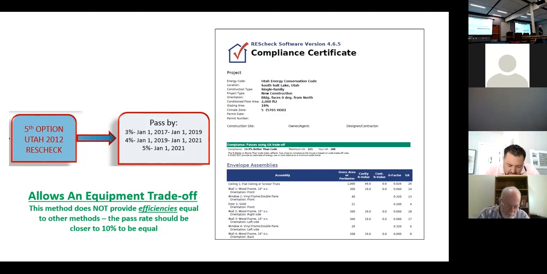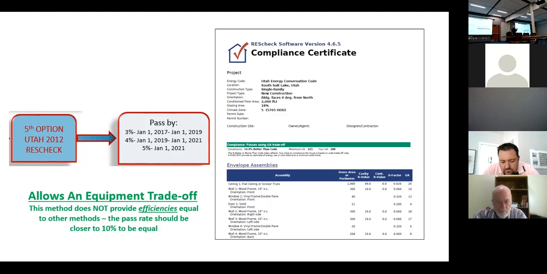Yeah, it was, you had to do your own UA calculations. I mean, it was very complicated, really solid level education. And even today, it would be really hard. And so 2006 was real, the code book was this size, it was real simple. We went to the 8 climate zones, you know, we did this simplification, and it did include the equipment trade-off,